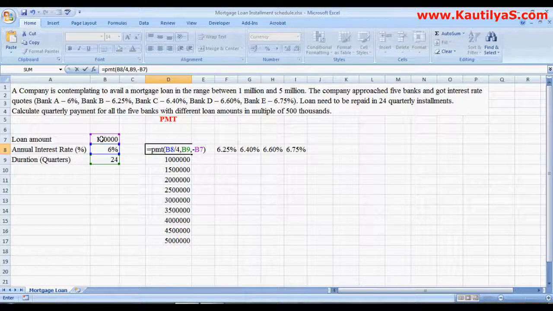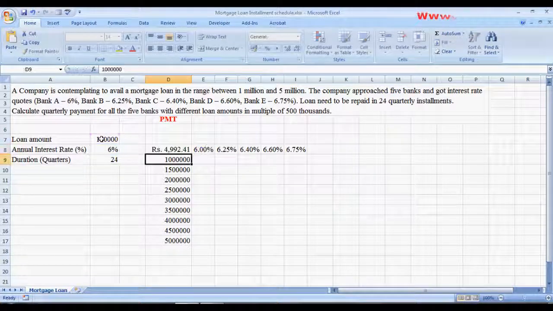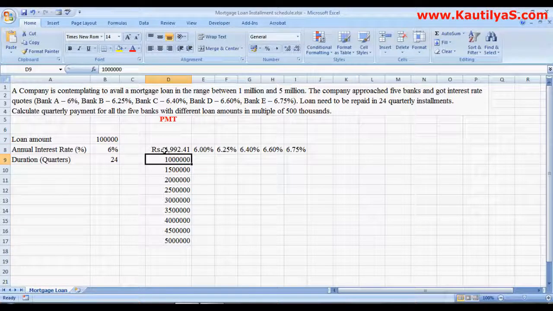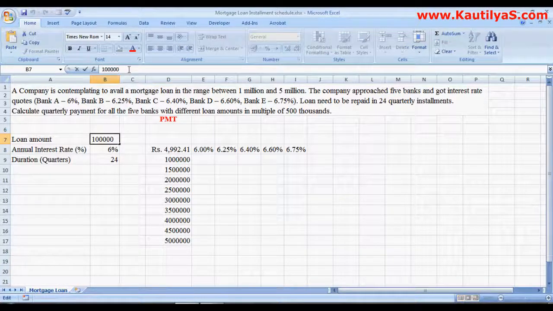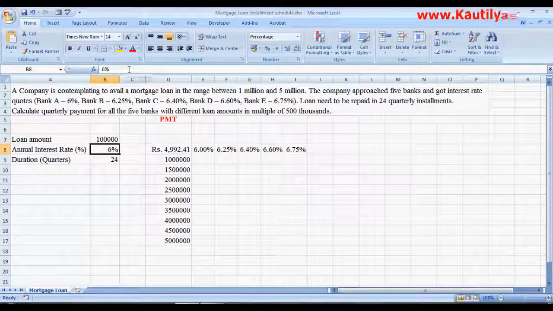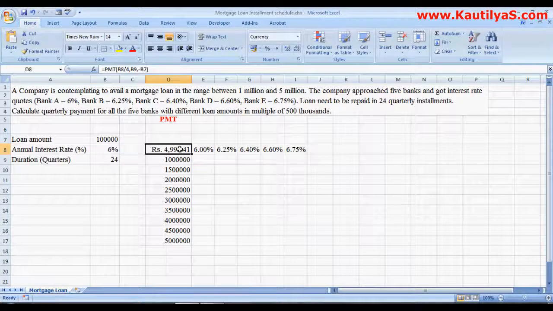So we are putting a minus because we have to make a payment at the end of the term of the loan. So this we have simply calculated for 100,000. Actually our requirement is 1 million, or we can write the same formula here. So once you write a formula or equation here, then immediately to the right side of this